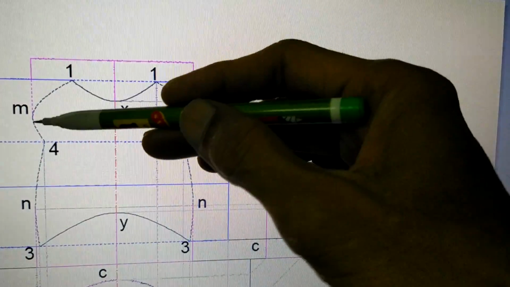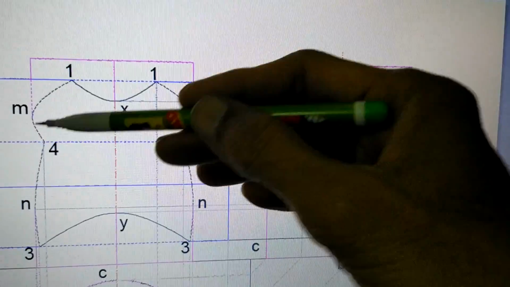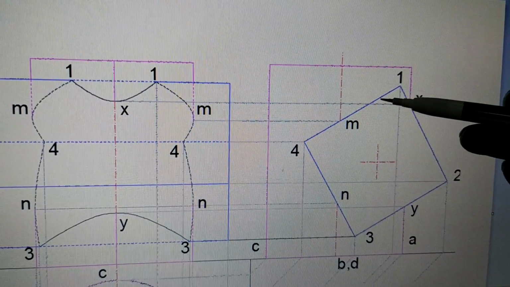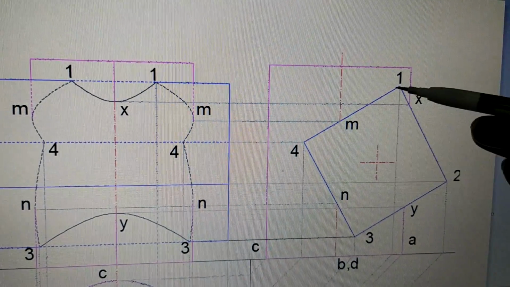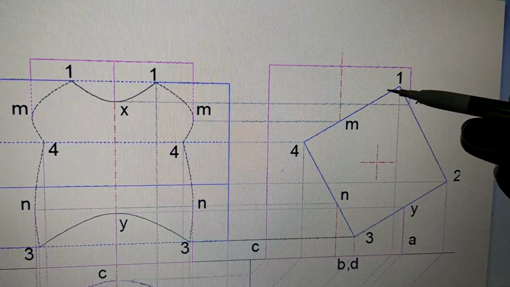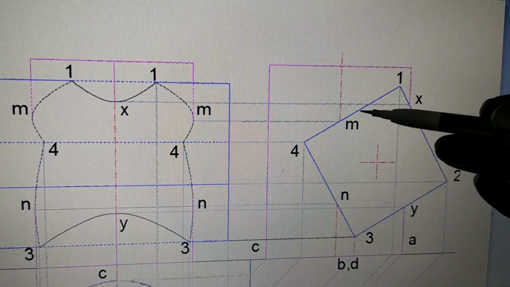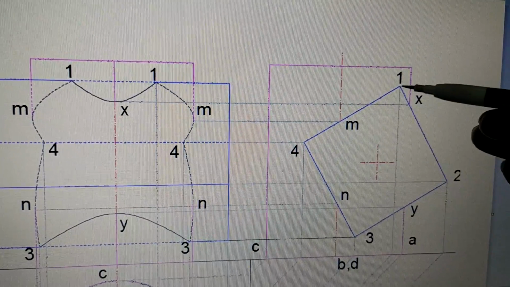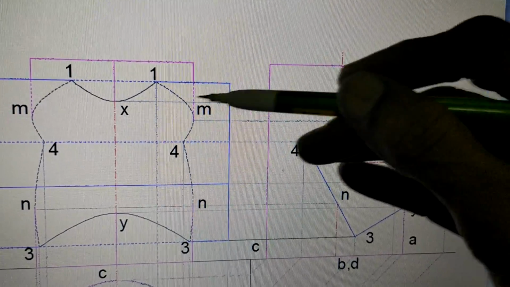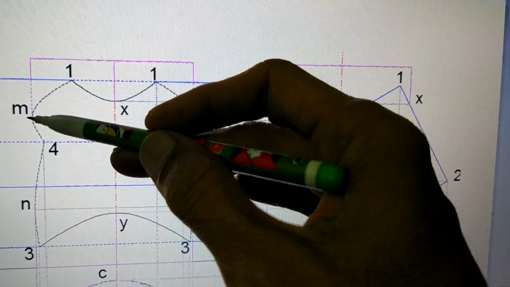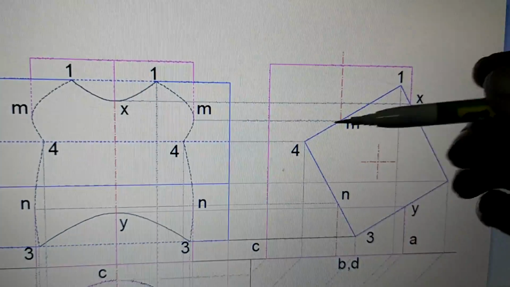Now, how has the shape come? For getting this shape, ideally speaking, you have to take so many hundreds of points. Between 1 and M, you take maybe 100 points and go on marking all the 100 points by the same procedure as we have done for 1. If you do like that, you will get all the points in between. But we are not going to do like that.